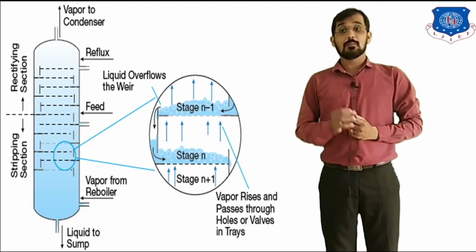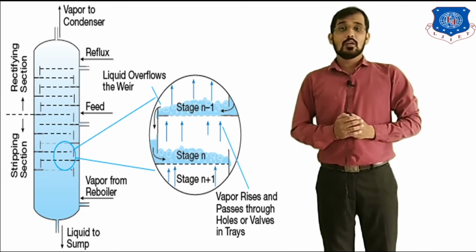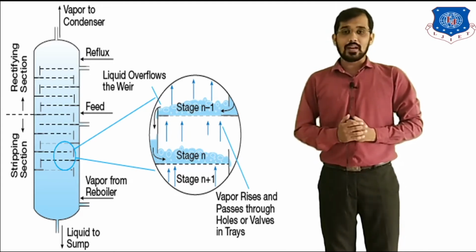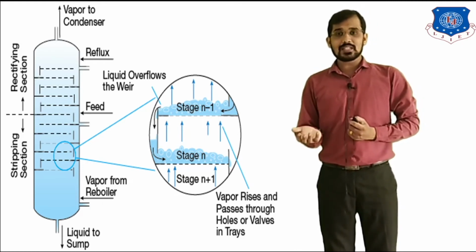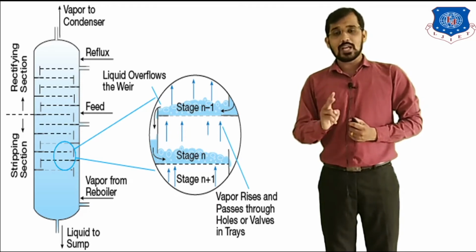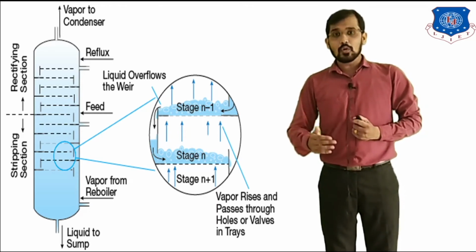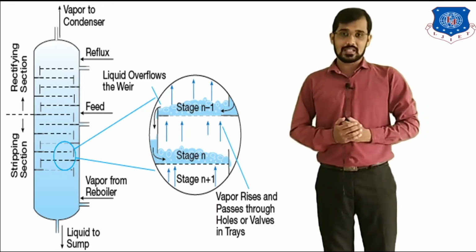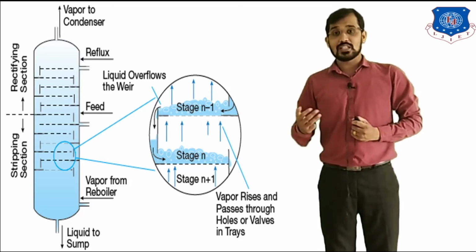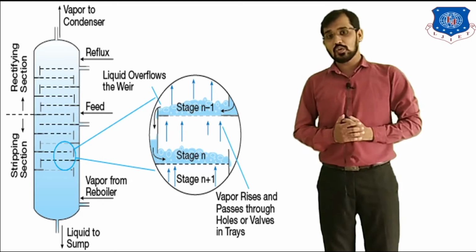For that purpose, the bubble cap tray is the most widely used because in the bubble cap tray and valve tray, horizontal mixing as well as vertical mixing is possible. Because of these two types of mixing, there will be better contact between the liquid stream and gaseous stream. Because of the better contact, there will be better separation efficiency from the distillation column.